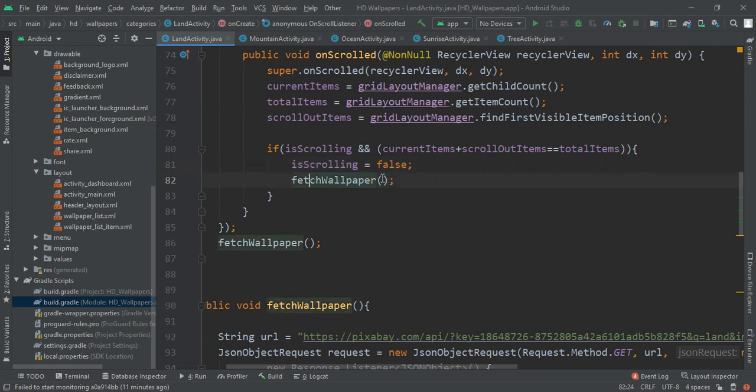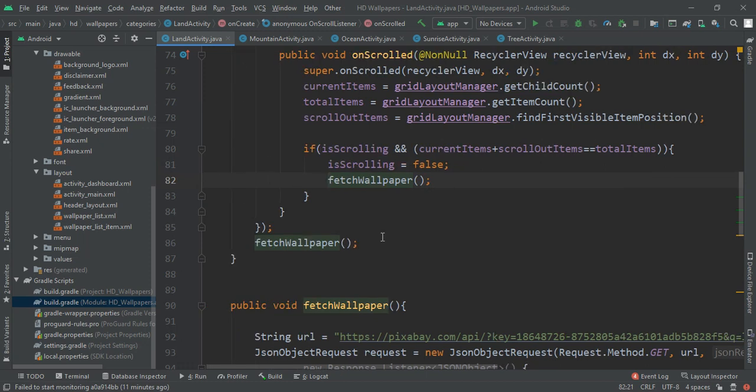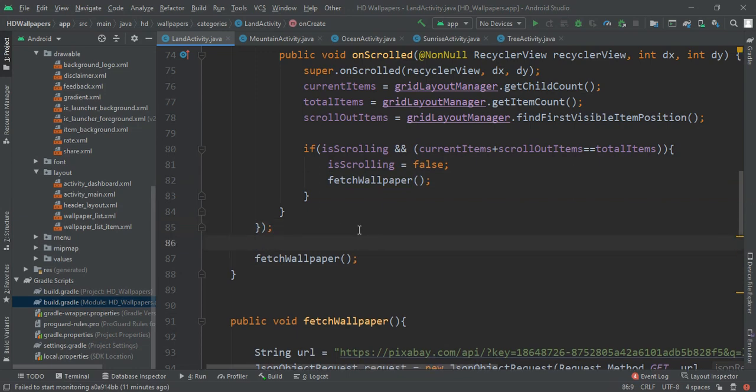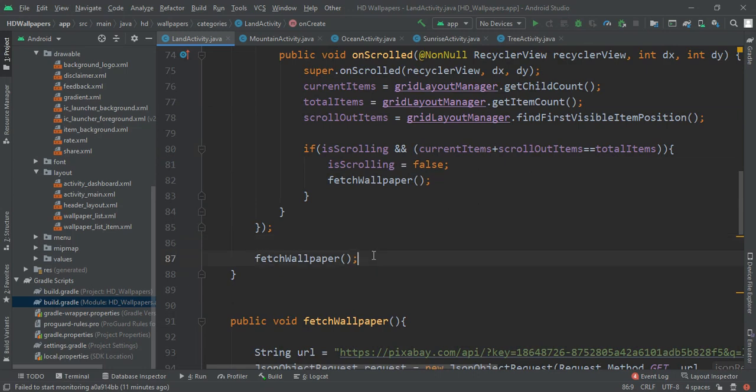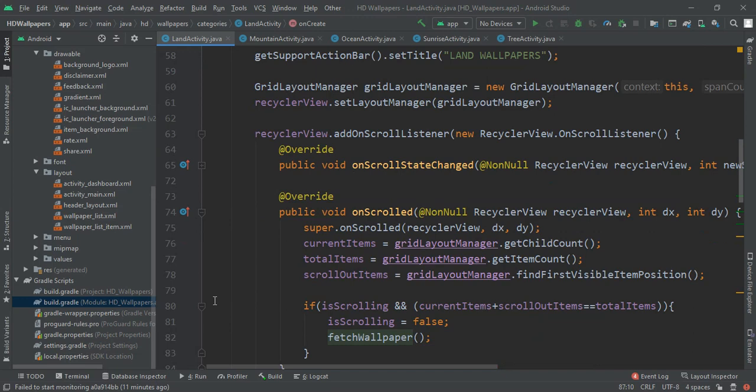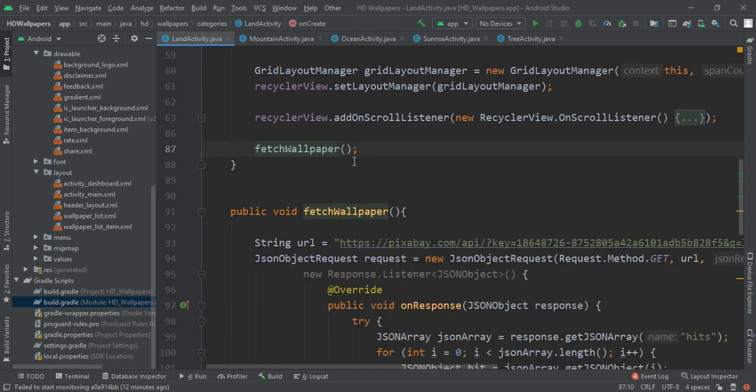Basically this fetchWallpaper is a custom method where we are going to process the adding of images from Pixabay API. This is the custom method, and one method we will implement as normal, for onCreateOptionsMenu.